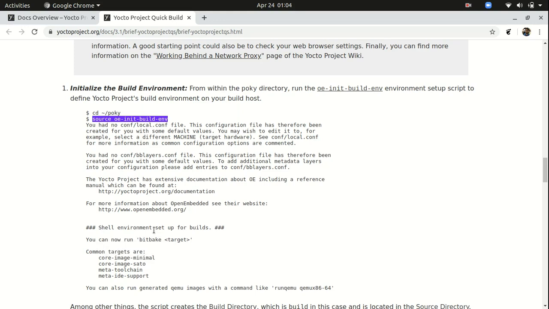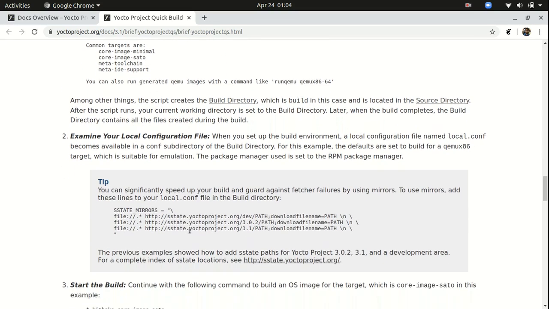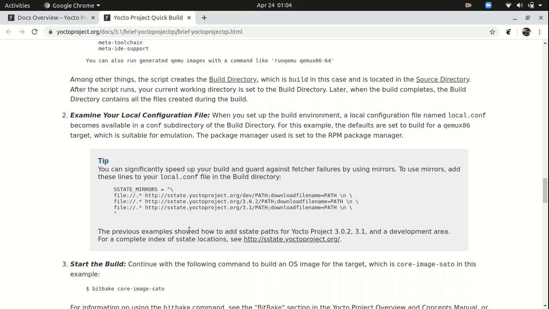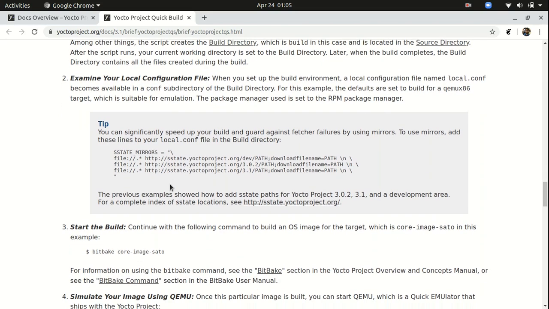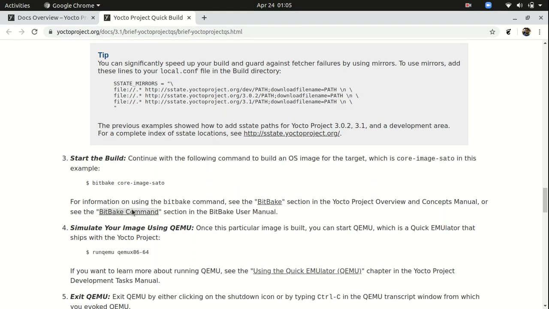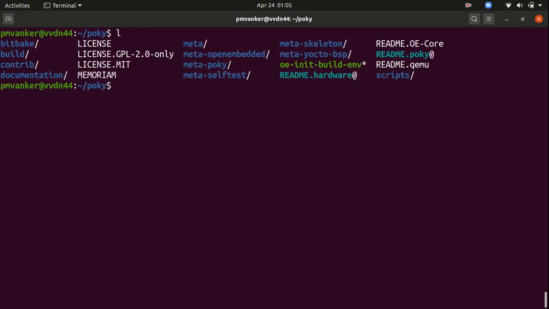So let's see. The source environment script will add some environment settings. Here you can see it says to examine your local configuration file. You need to change some details or machine related details before starting your build. So let's go there, cd to the meta-yocto-bsp directory.